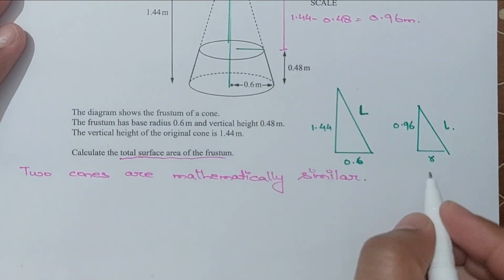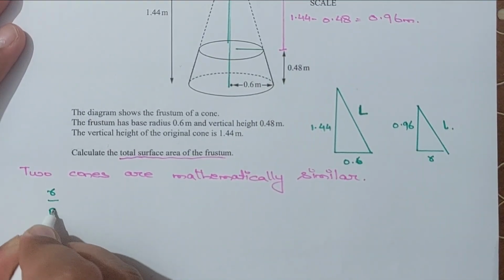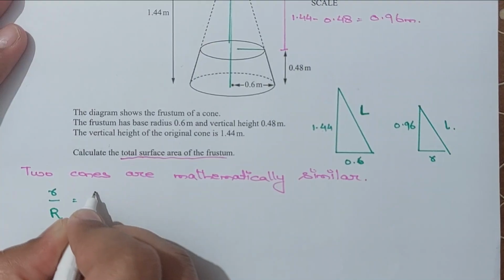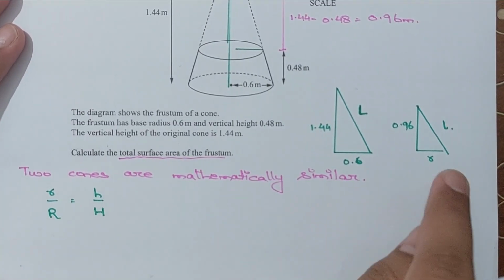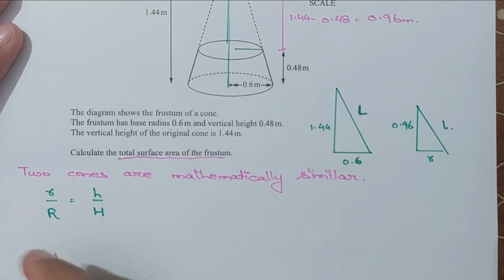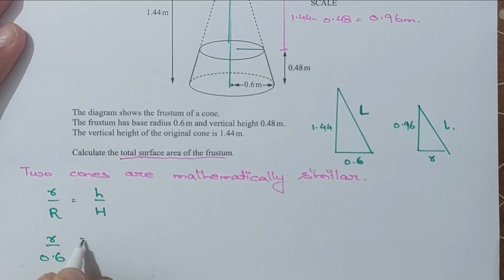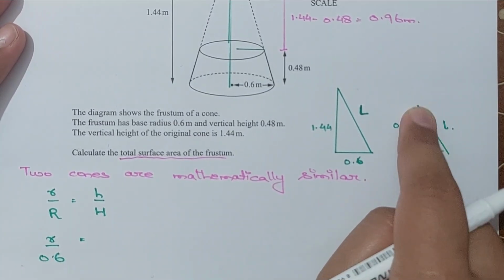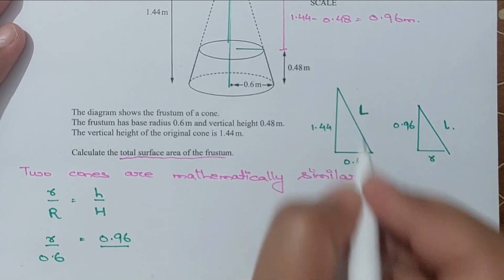So we can say the radius of the smaller over the radius of the larger equals the height of the smaller over the height of the larger. Small, small, large, and large, right? Radius of the smaller is r. The radius of the larger is 0.6. This equals the height of the smaller, 0.96, and capital H represents the height of the